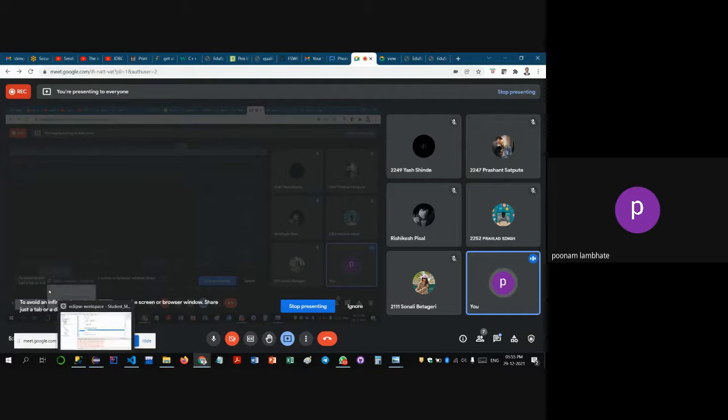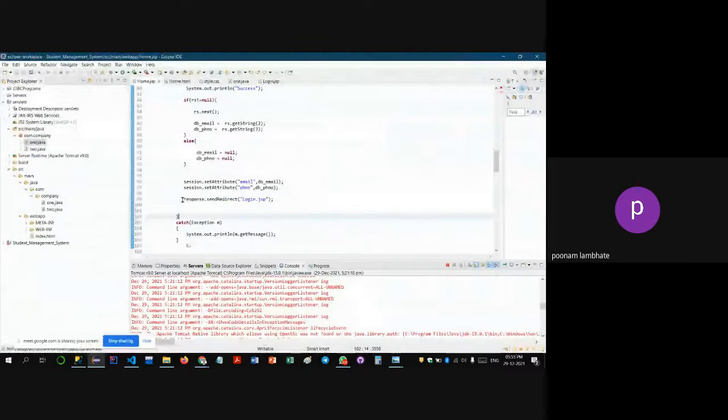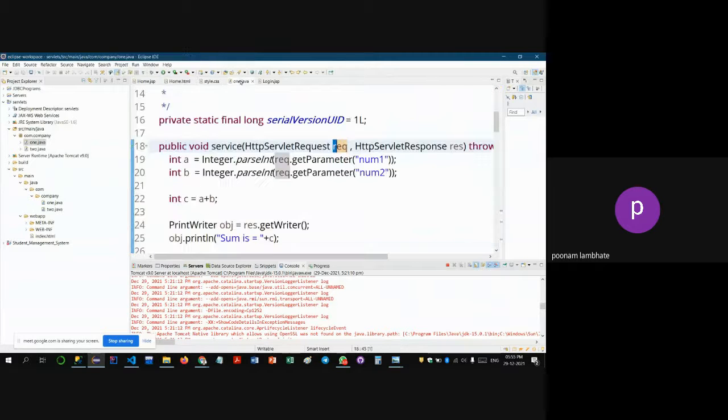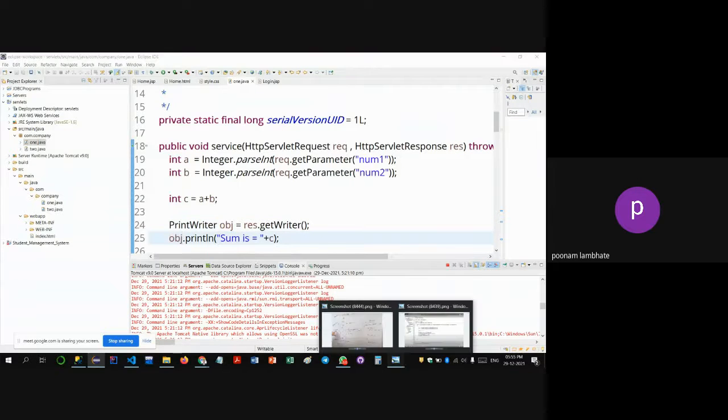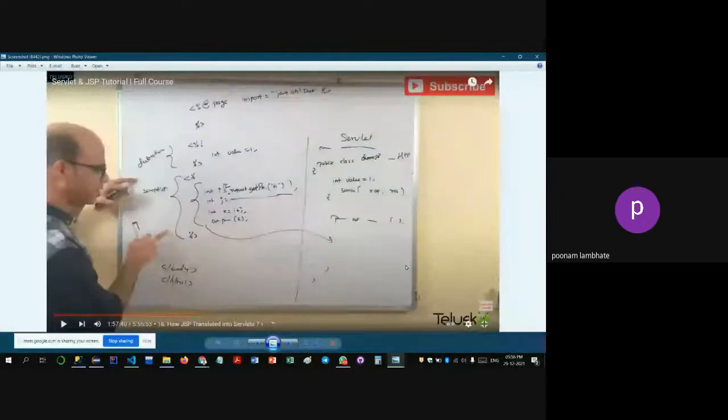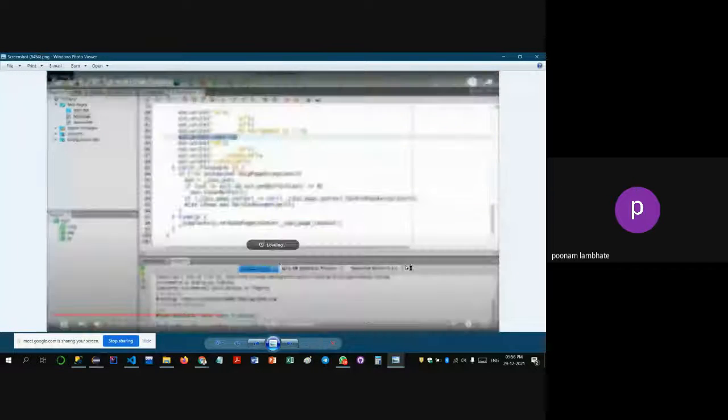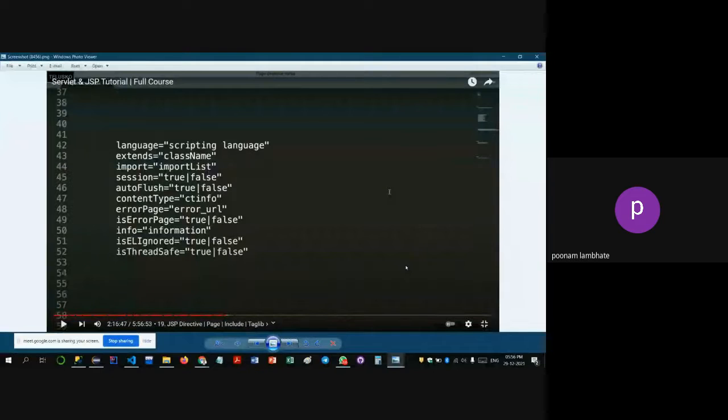So okay, I have to repeat this. I was saying that you don't have to create the objects on your own, like this response object, that out object, which you have over here in your servlet. Here you have the out object. It is actually the PrintWriter object, actually called out, but we can call it anything in a servlet. But if you're working with JSP, you need to be careful about your object names. Okay, for example,